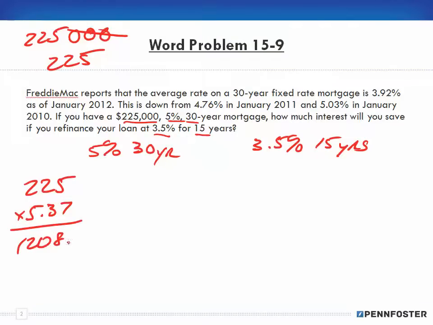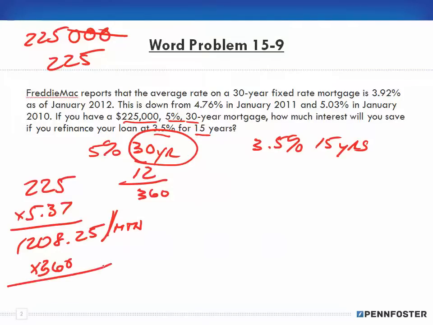$1,208.25. Now that's a monthly payment, that's per month, and it's for 30 years. So 30 years times 12 months in a year means that we're going to make 360 payments. We're doing this because we need to know the total amount for each criteria so that we can subtract one from the other. So we multiply the $1,208 by 360 periods, and we end up paying a total amount of